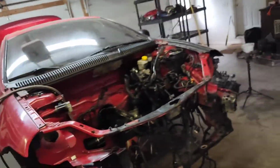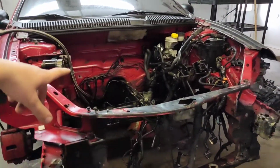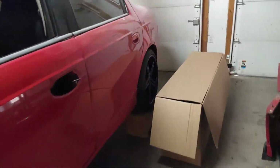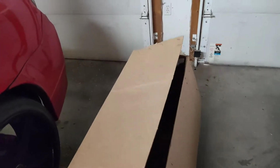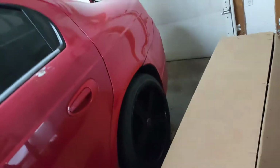Welcome back to the channel, guys, and in this video we are going to be replacing the front radiator support brace, basically the whole front end here on this 2004 Neon SRT4. It was about 155 to 160 bucks on eBay. We got the whole support here, and I don't know if it's SRT4 specific because I was looking at it